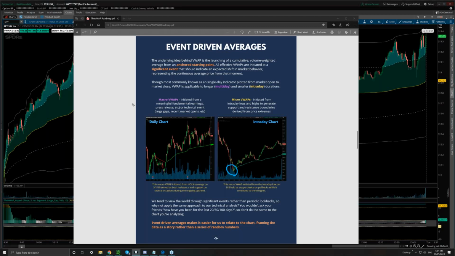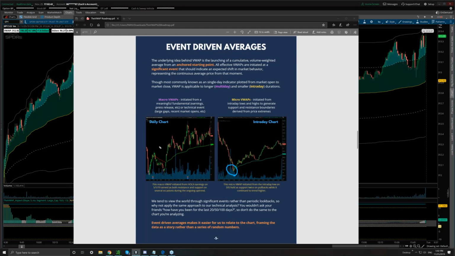So if, for example, picking a random comparison here, let's say the CFO of a company was arrested for accounting fraud. That would be a major event for that stock. We'd want to know from that event going forward, how have traders reacted or responded to that information? And it's tempting to say, well, couldn't I just look at a 200 moving average on a daily chart? And that would include the area you're talking about, Zach. Well, it would, but it would also include a lot of data that isn't really relevant. What we're hoping to see is from a critical event, how have traders responded?